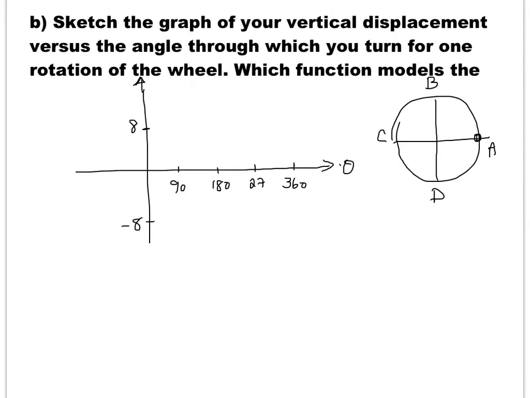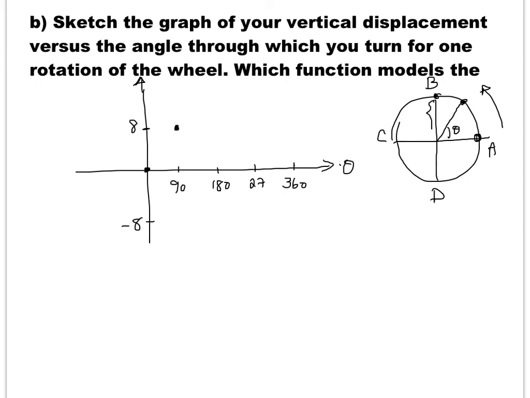The next part of the question says, sketch the graph of your vertical displacement versus the angle through which you turn one rotation, and also which function models this relationship. Now, let's say the angle is theta, again the same idea, this is theta. When theta is 0, meaning that you are at point A, the vertical distance is 0, so you're going to get this point. When you go to B, the angle is 90 degrees and the vertical distance is going to be 8,